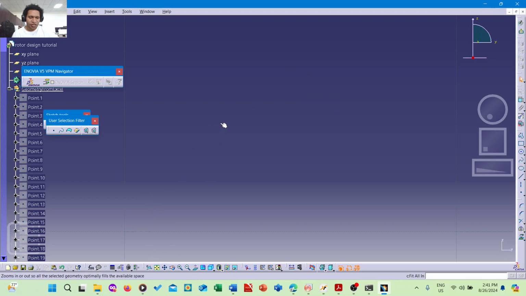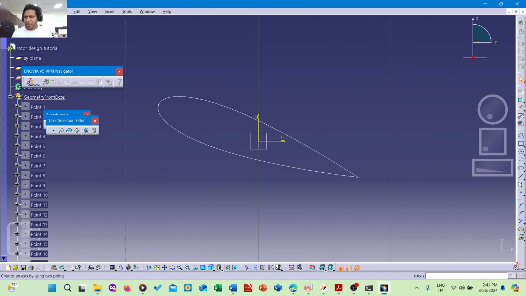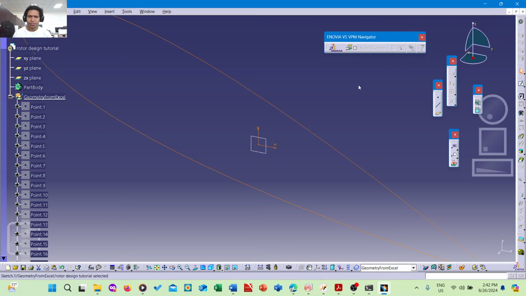If you can't find this, I think it's fit all in. Then come here and click project 3D elements. Click on it and click on the F1. Once it turns yellow, you exit Workbench